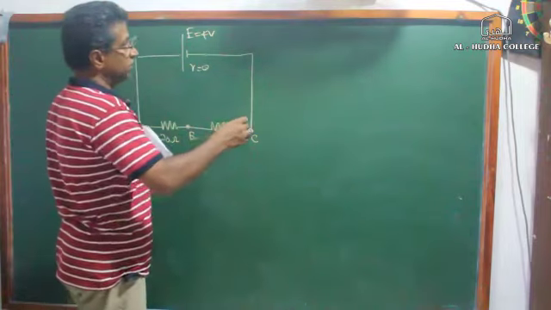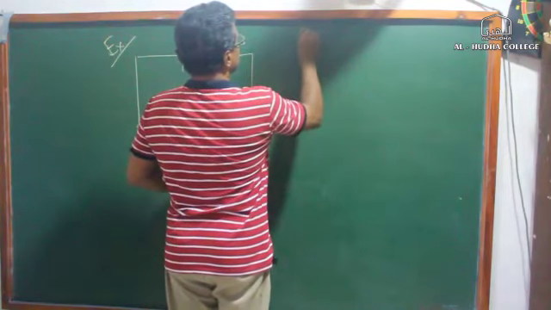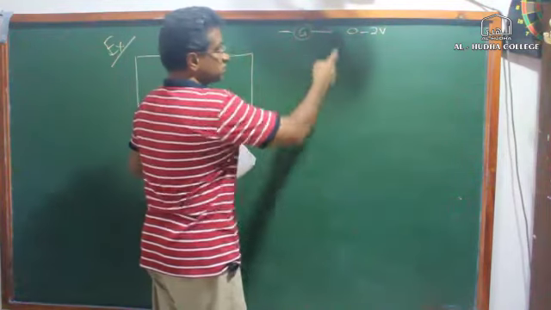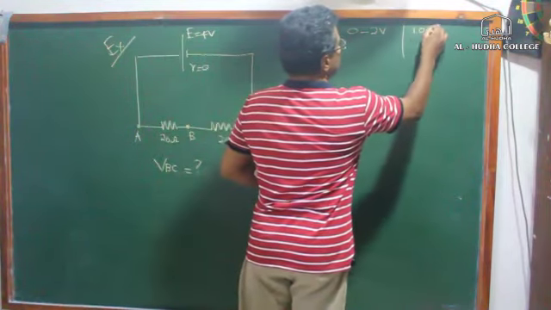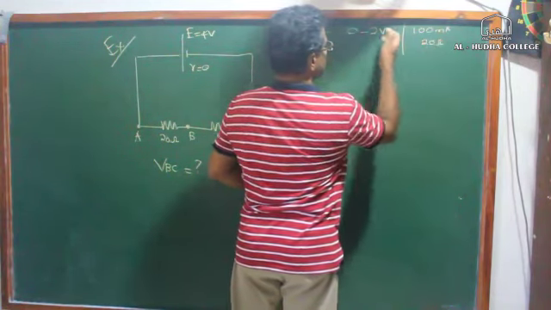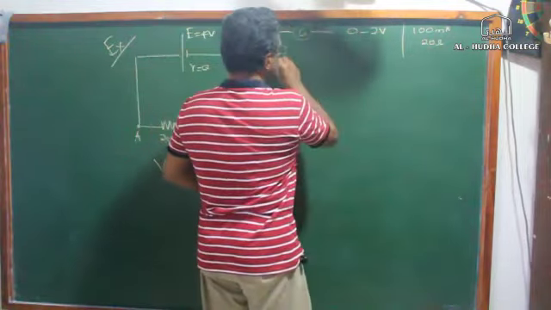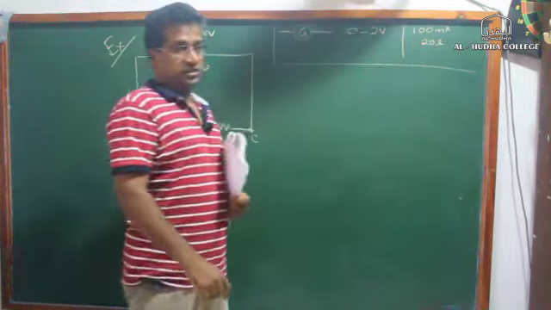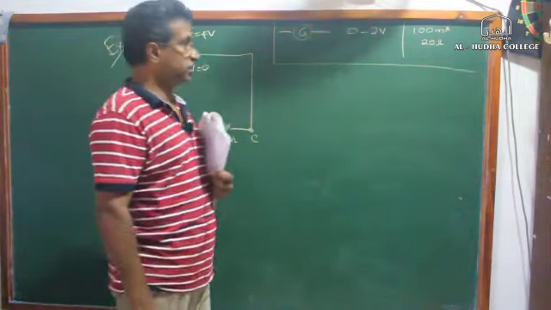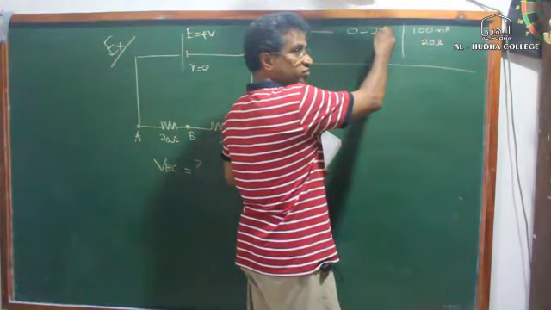Now we know that the galvanometer we have can measure 0 to 2 volts only, and this comes from 100 milliamps full scale deflection and 20 ohm resistance. So we calculated this range. This galvanometer will be damaged if the current exceeds 100 milliamps, the full scale deflection. That corresponds to 0 to 2 volts. 2 volts is the maximum voltage you can measure.